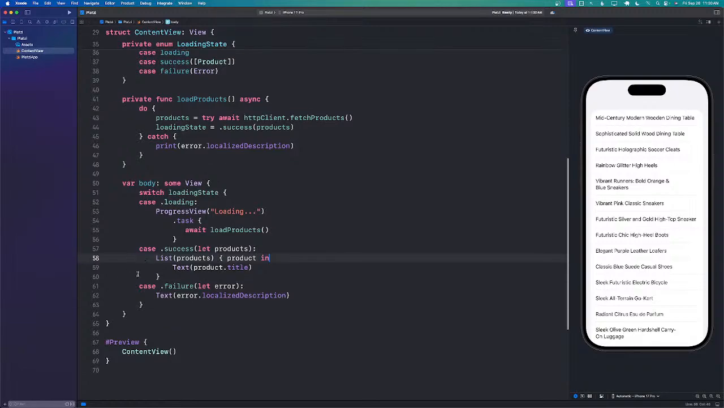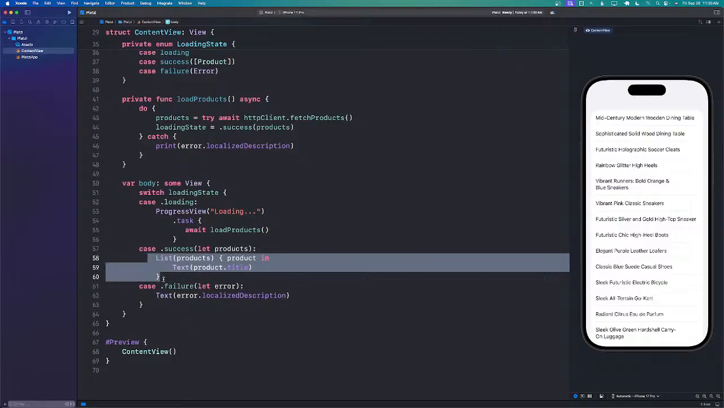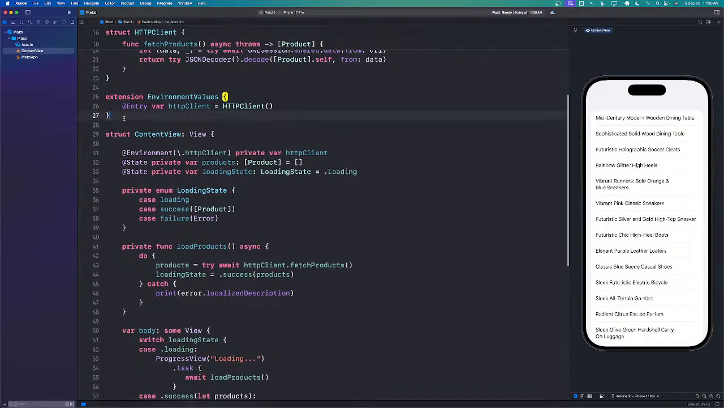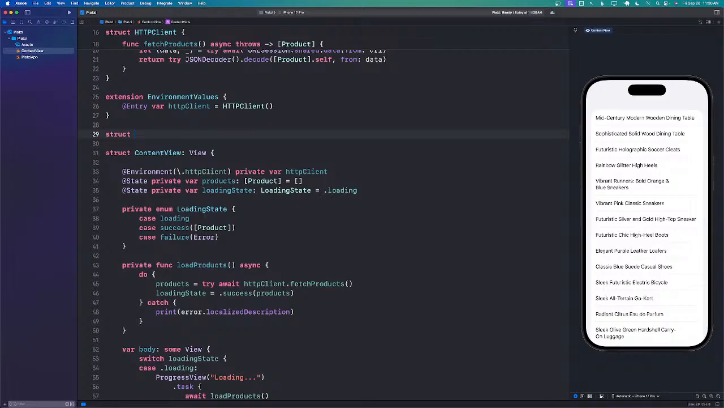What about success over here? Well, once we have the success, we are displaying a list. But eventually, maybe this code gets a little bit more complicated. So it's always a good idea to extract out that list. So what should we call it? Product